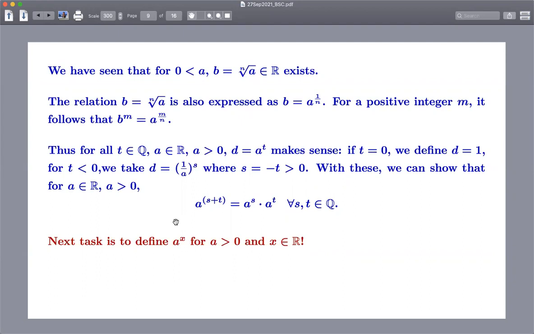See, let's forget this real business. Let's go back to the simpler world where all our things are only rationals. From integers, we went to rationals and we defined powers. Even for rationals, if a is rational but positive, and s and t are any rationals, we want to define a power s in some way. This would be a natural way of defining it even for rationals. Then we just copy it also for reals.